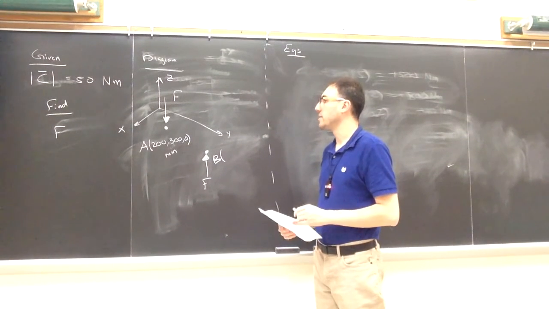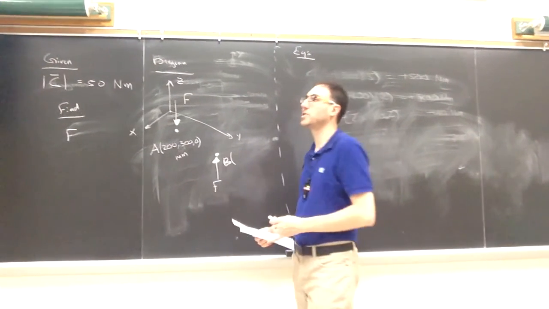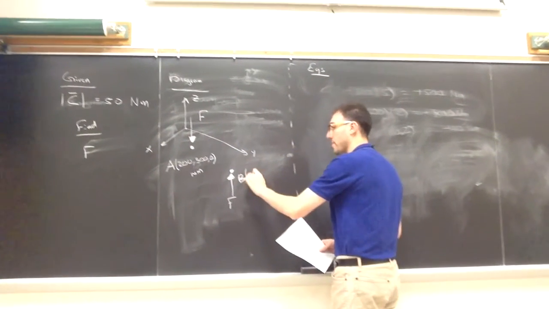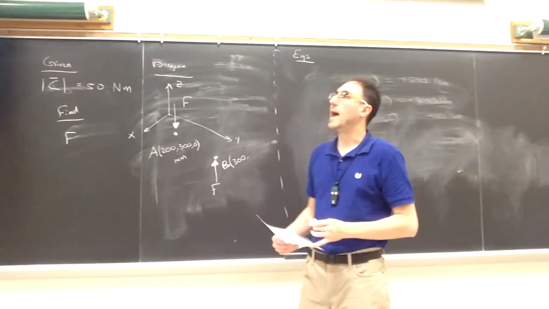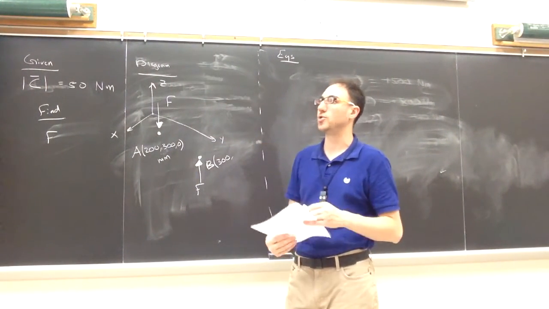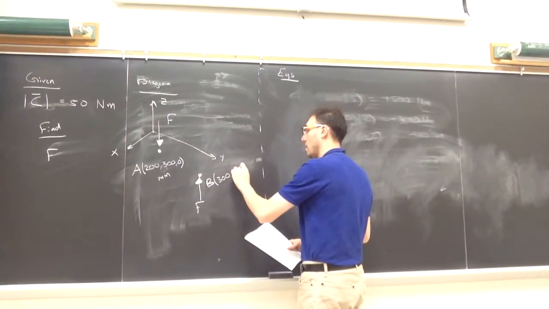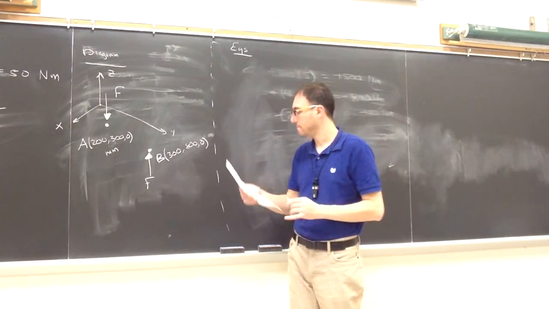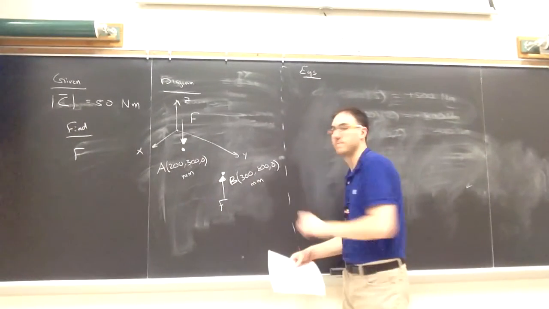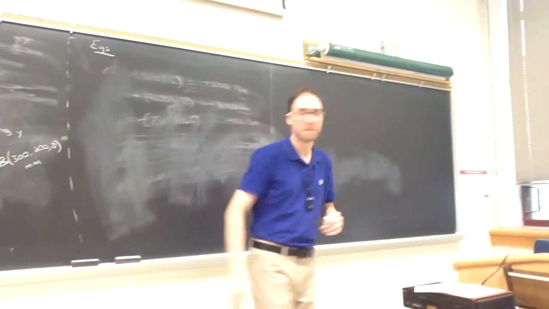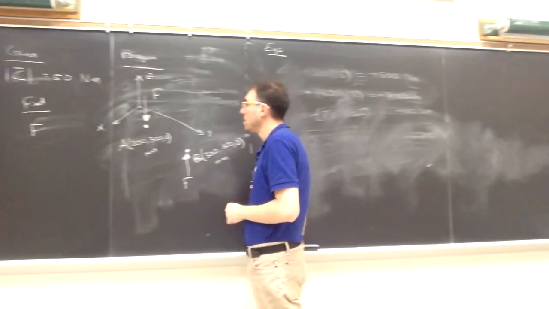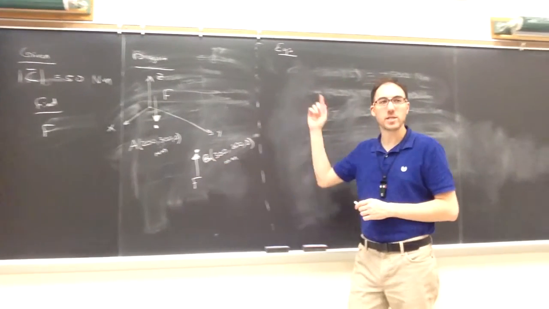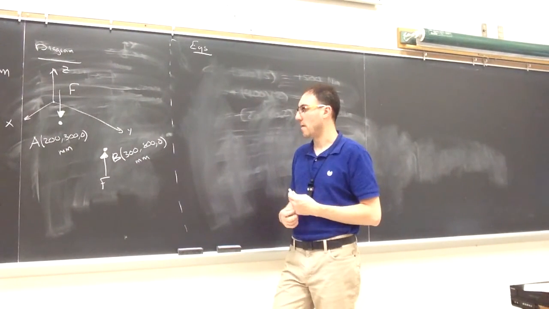And for point B, I want to put its coordinates down here. In the x direction, to get to point B, I have to go 300 millimeters in the x direction. And I have to go 300, 600, 800 in the y direction. And it is also located on the xy plane, so 0 in the z. All right, so I have my coordinates, I have the forces. This is enough for the diagram so that I'm going to be able to, in the next step,